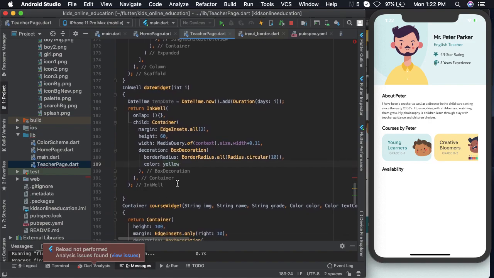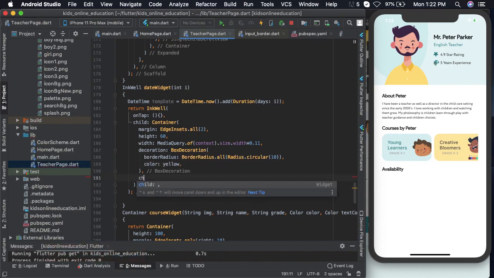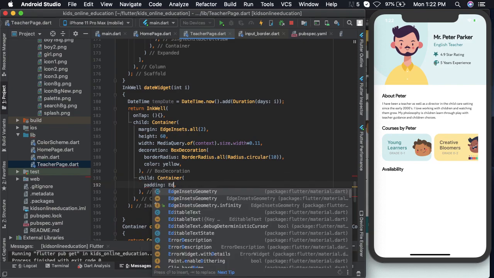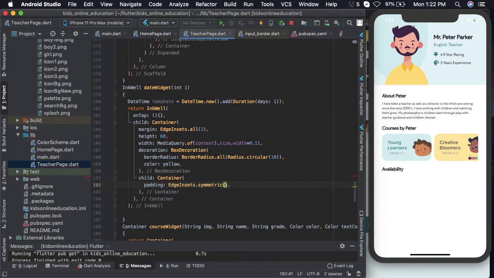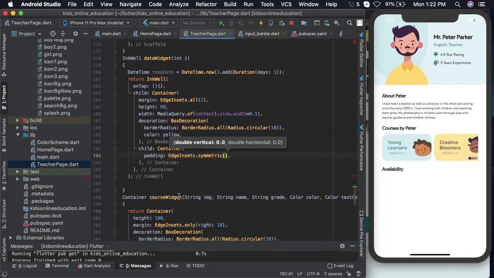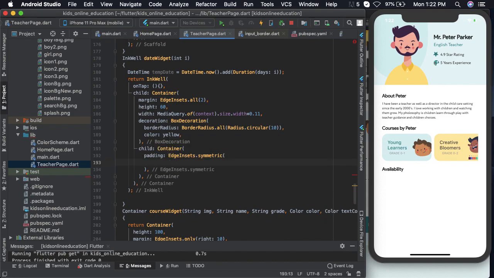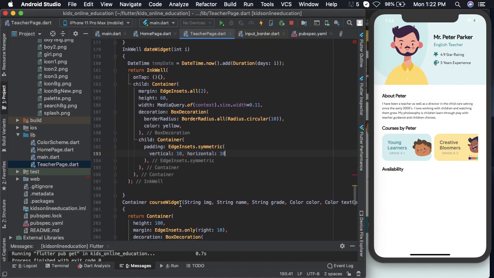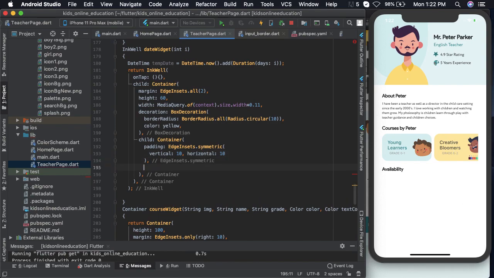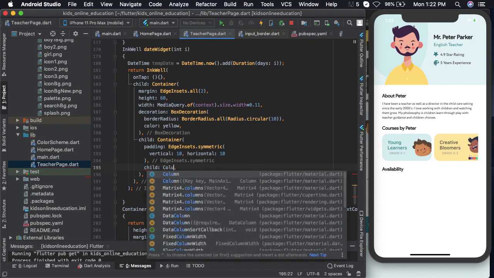we'll create a container to hold the day and the date. I'll give it a vertical padding of 10 and a horizontal padding of 10 also. And then it will hold a column. The column has to be centered. This will hold 2 texts. One is the day, say for example Sunday,